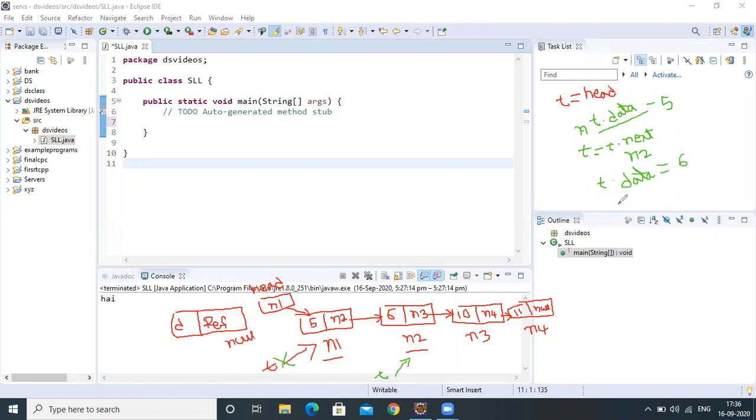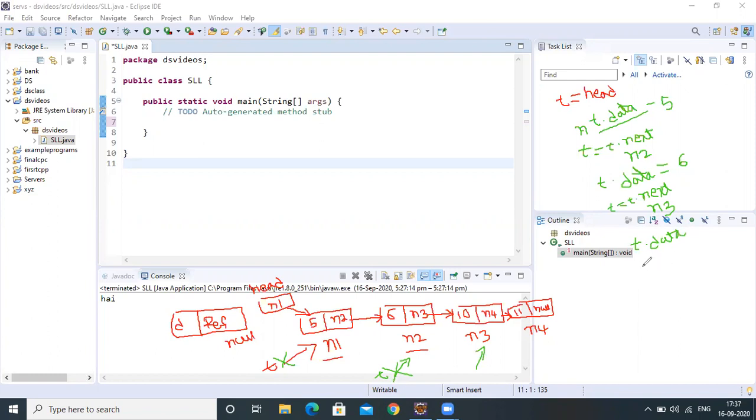To move to the next node, what we will do? T is equal to T dot next. So T dot next means currently T is referring to n2. n2 dot next is storing n3. So now T is referring to n3. Next, now we will display the data within the n3 node.